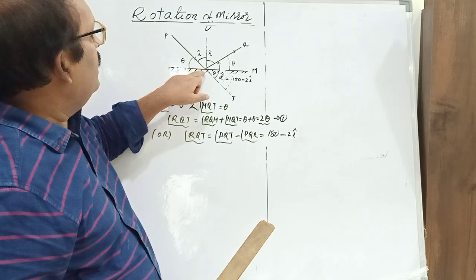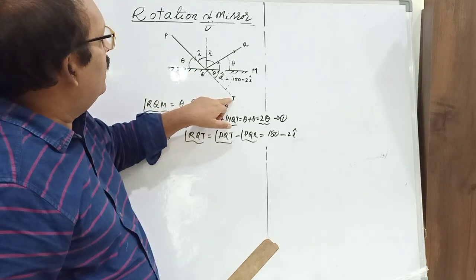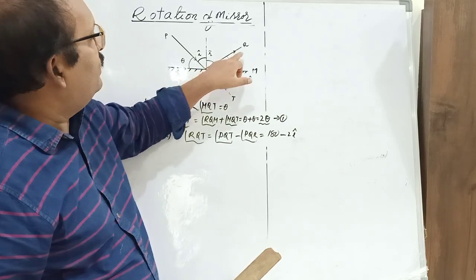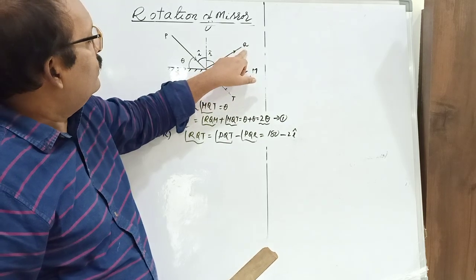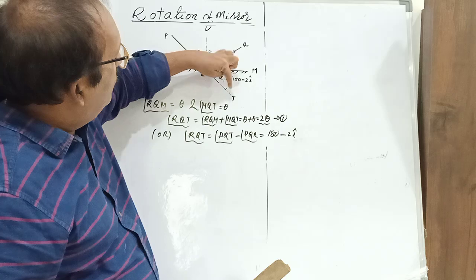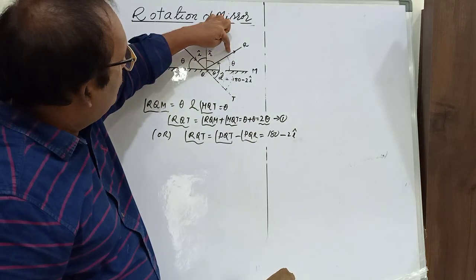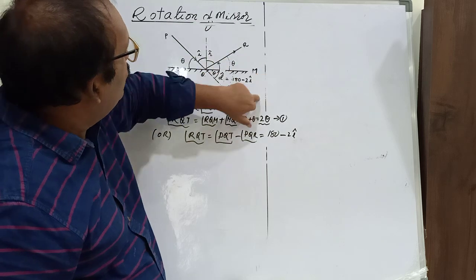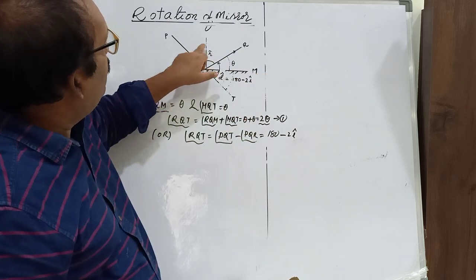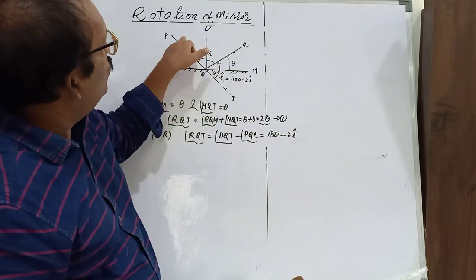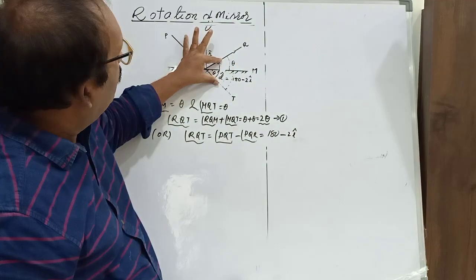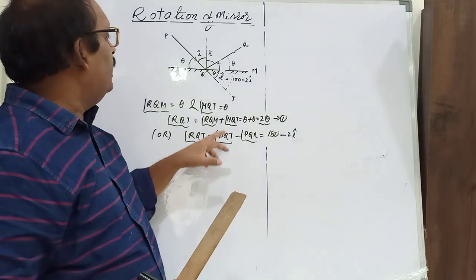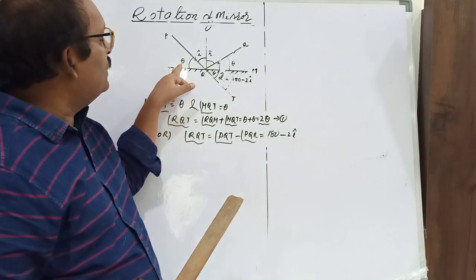This would be the initial direction of the incident light ray, and as soon as it is incident on the plane mirror, most of the light is reflected in the direction from Q to R. So it suffers a deviation. The amount of deviation produced is D. D is given by the total angle, 180 degrees, minus i plus i, which is 2i. So 180 minus 2i is the angle of deviation suffered by the ray. In terms of glancing angle also we can express this value.